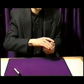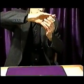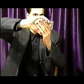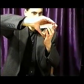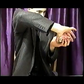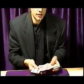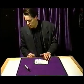As you riffle now, as you come down, you're going to just top palm the top card, and your fingers are going to pull right here on this card and bend it, and that's going to clean it up underneath into the bottom of the pack like that. Do that on the last riffle, and that's how you get it to the top. Okay, now at this point, what you're going to have is,